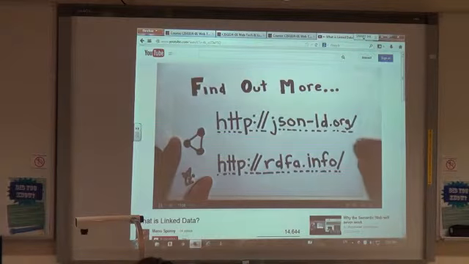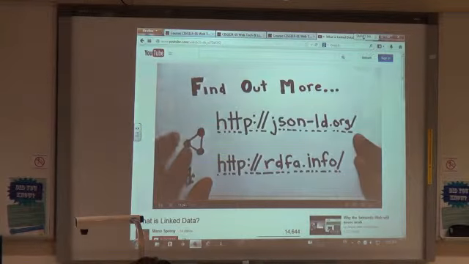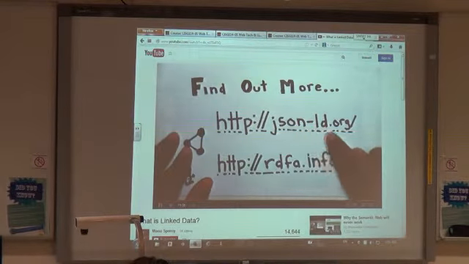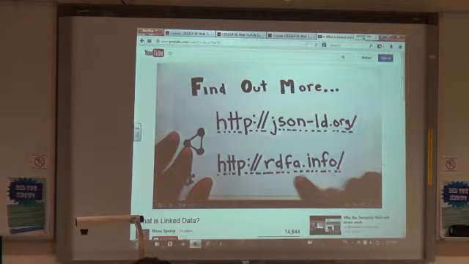Now, if you want to find out more about linked data, there are two websites that are pretty good that you can go to. The first one is json-ld.org, a format for linked data on the web. And the other one is rdfa.info. Both of these websites have resources for finding out a bit more about linked data and how it's used and